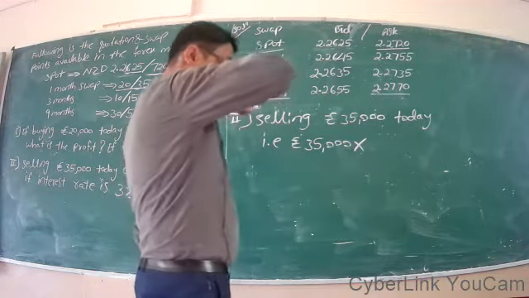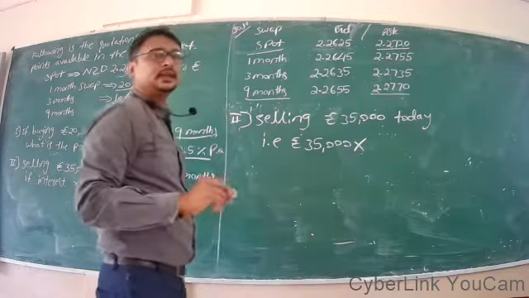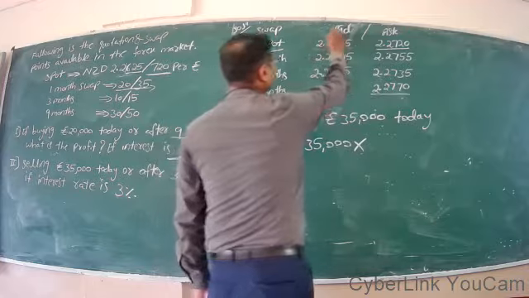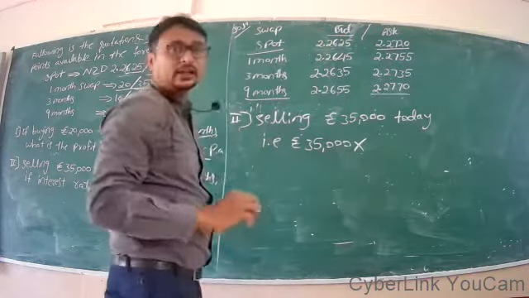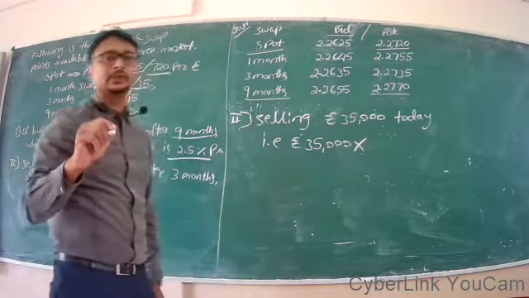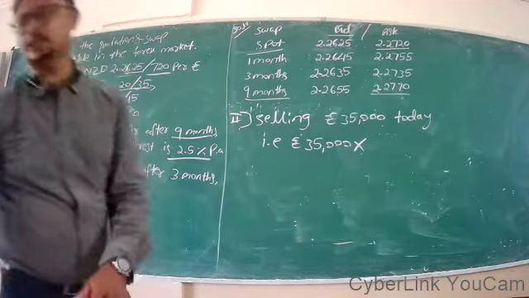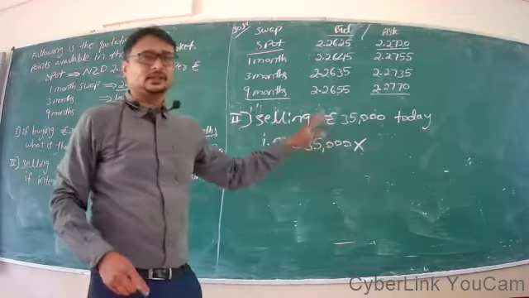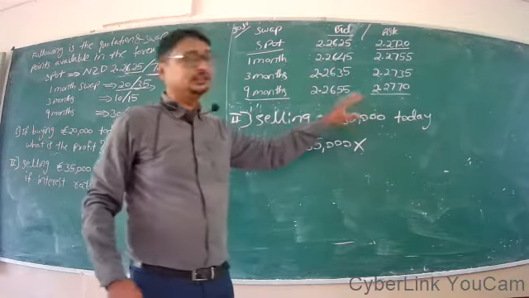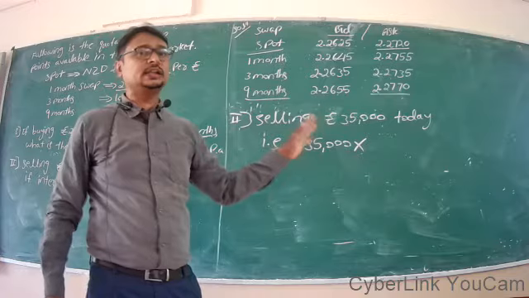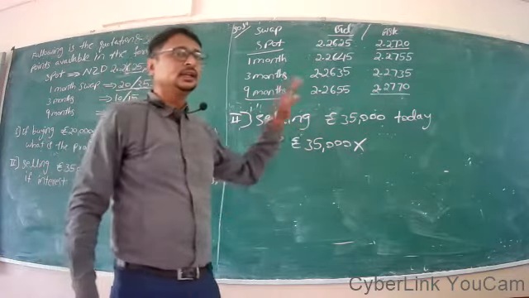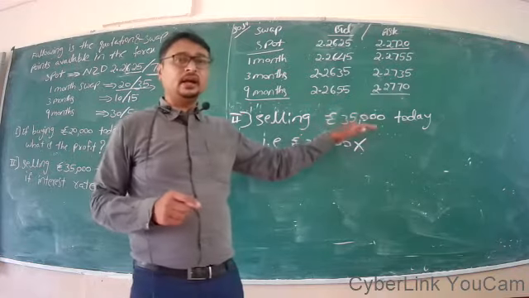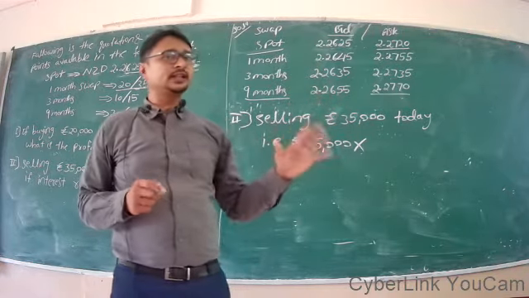If you are selling 1 euro, the market will buy it from you, and the applicable price is the bid price. If you are selling foreign currency, it means you have exported something, and you are getting foreign currency. That has to be converted to domestic currency, that is New Zealand dollar in this case. So while converting to New Zealand dollar, you sell the foreign currency to the market, and the market is the buyer, you are the seller.